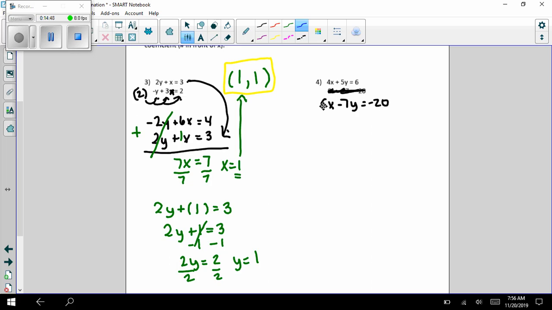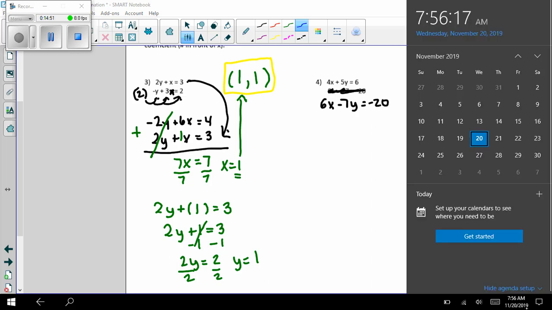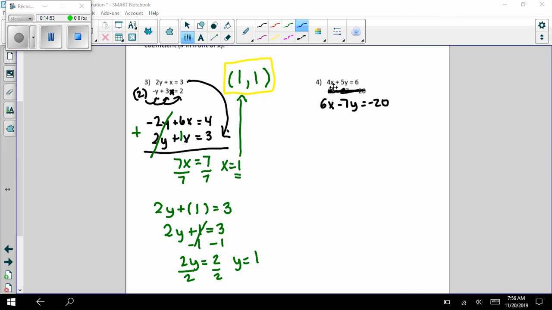So watch what happens here. I can't change a 4 into a 6 or a 6 into a 4 without multiplying each set by something. Well, I'm just going to multiply them by each other. So watch what happens here. We're going to multiply everything in this row